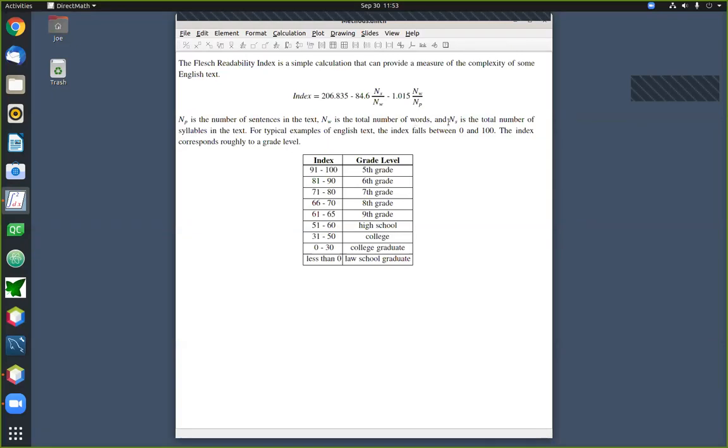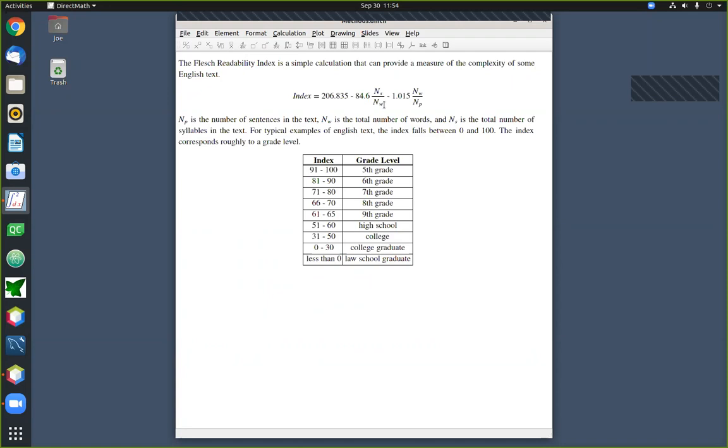And then finally, another thing that comes into play here is the difficulty of the individual words. The way that we're going to measure that is by the number of syllables in the text. Again, what we'll use this for is to compute an average. We'll take the total number of syllables in the text and divide it by the total number of words. That gives us a measure of the average number of syllables per word. So if you have lots of very long, complicated words in the text, you have a very high average number of syllables per word, and that in turn increases the complexity of the text.